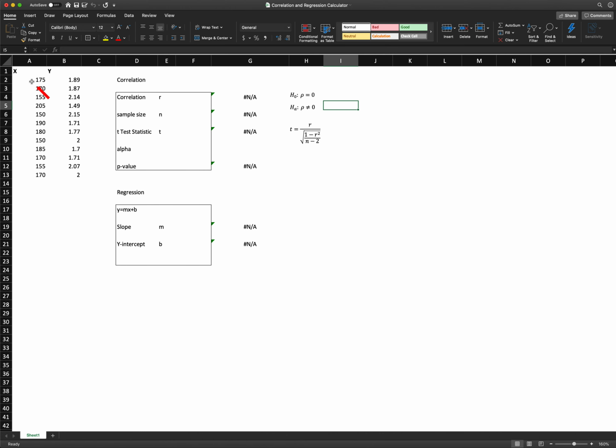So I have some imaginary data here, some made-up data with x and y values. We can see x values in the 200 range and smaller y values. I'm also going to show you an interesting feature of Excel that lets you highlight cells based on ranges or values. We can use that to get a quick idea of if our correlation that we're going to find